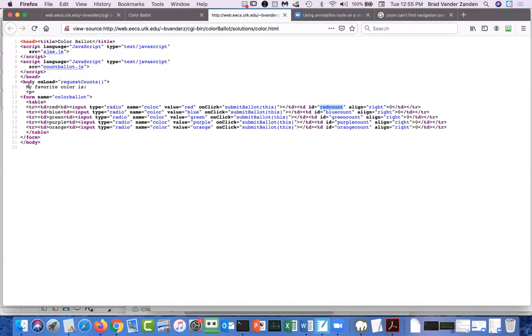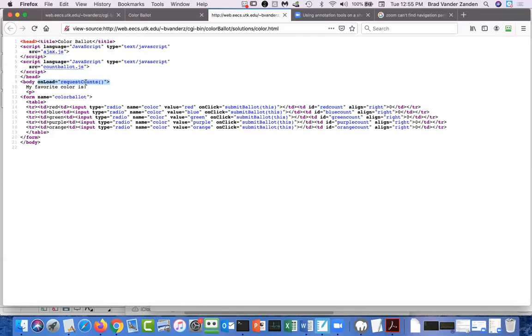And you can see up here in the body tag, there's an onload event. And when onload is called, it calls request counts. Request counts is going to call the server, and it is going to get back a set of counts.